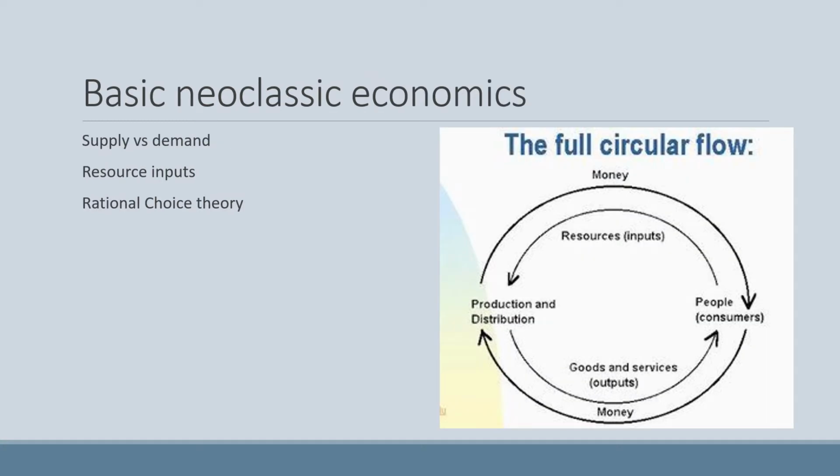So the first is basic neoclassic economics, and neoclassic economics focuses on supply and demand, and they use supply and demand as the driving force behind production, pricing, and consumption of goods and services. So with supply and demand, we have resource inputs. Those include the actual money you have to put into it, human capital, so this could include things like labor, and then natural capital. So that could be materials if you are making something that's a natural product or has a natural base to it.